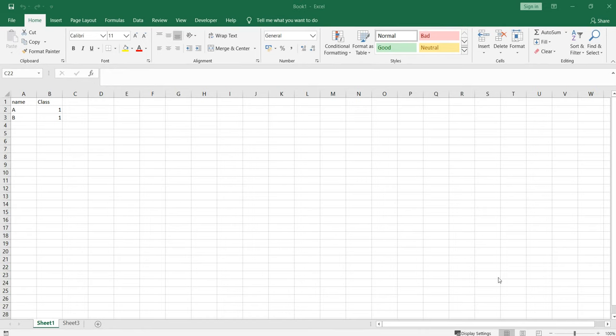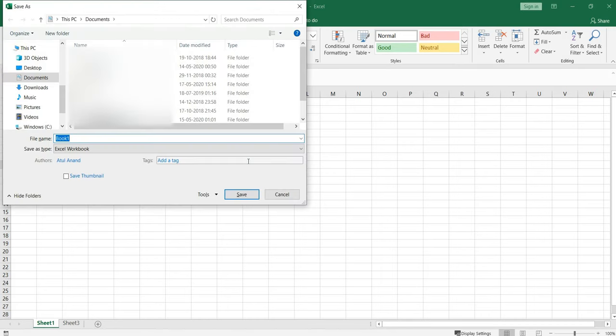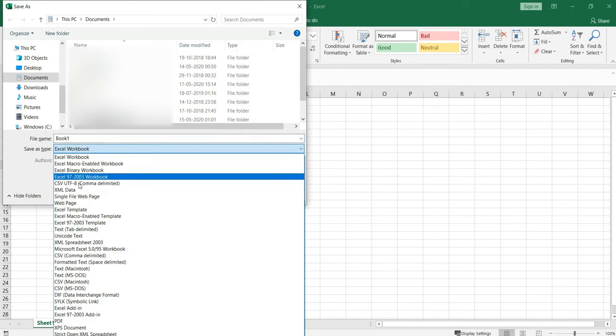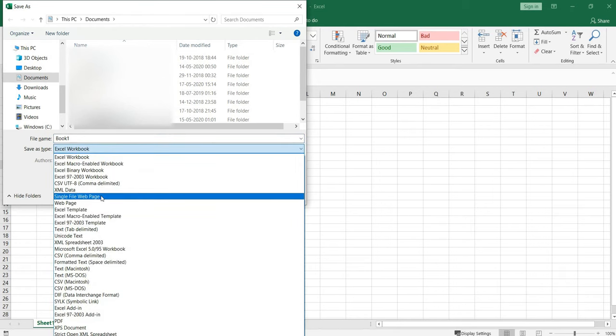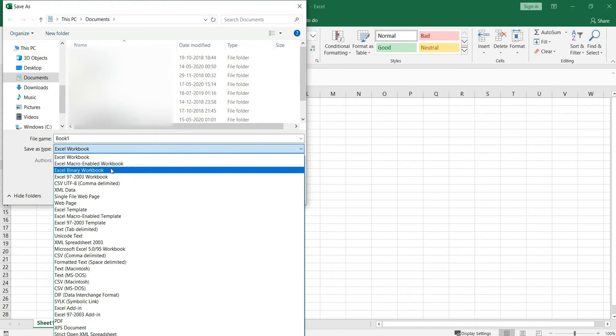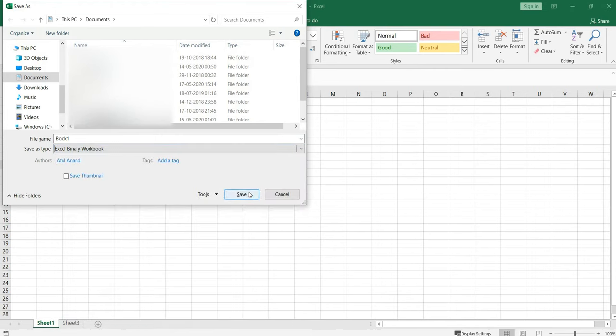So the last one point that I would like to discuss in this video is to save this workbook as another Excel file extension rather than the XLSX. So most of you guys already know that when we save any Excel file, it takes the default extension, that is XLSX. Now if we want to save it as a binary file, you need to click on F12, and from save as a type you need to select the type, whichever type you want to select. Here I want to select it as Excel binary workbook. I'll select that and save.